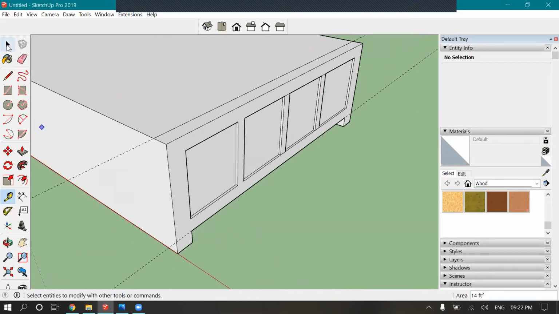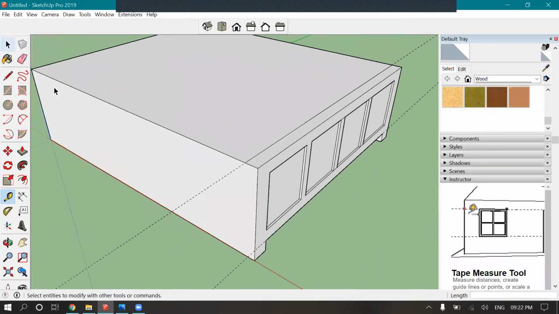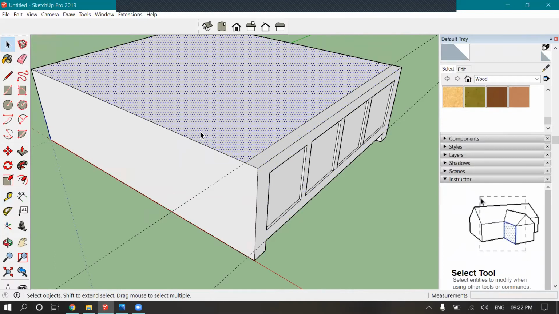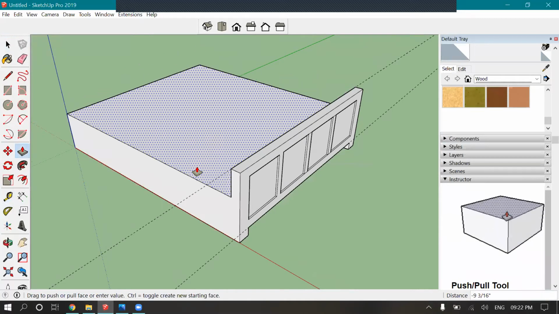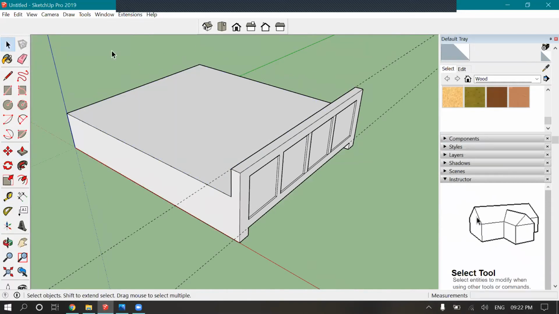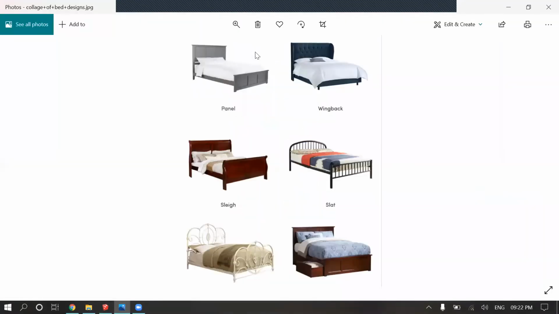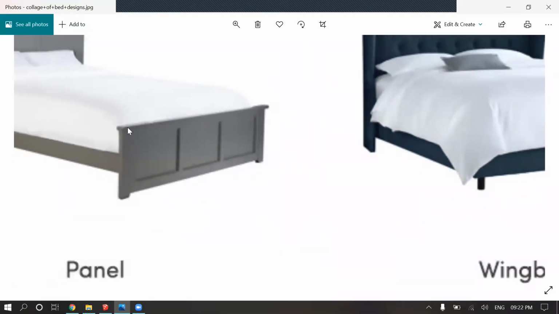Now we'll be working on this part, right? This is our working space. So we need to remove all this part because it is not required right now. So we'll just extrude it down. Then we have to make some exterior on these topmost parts.